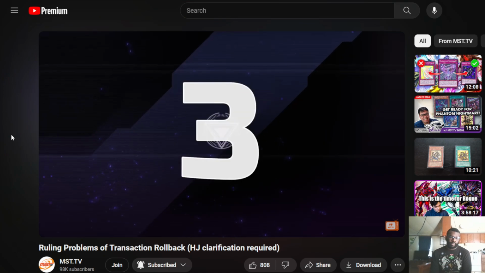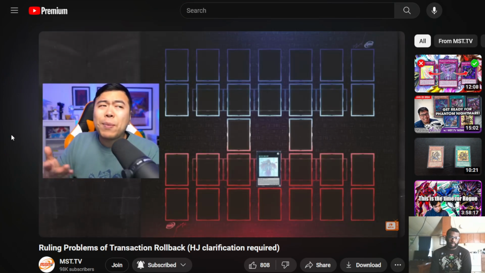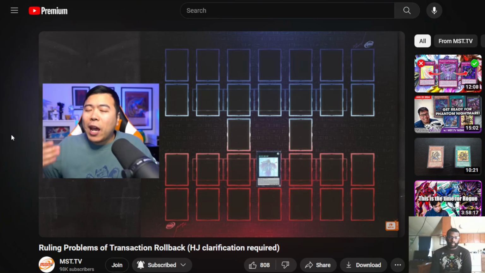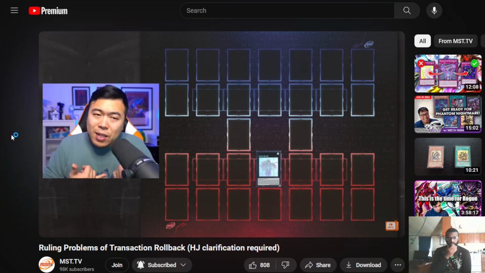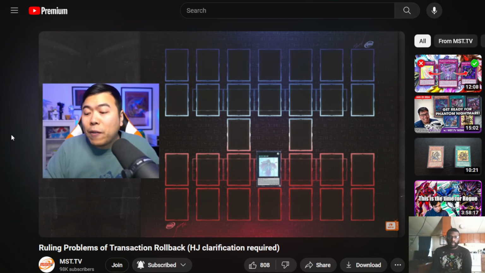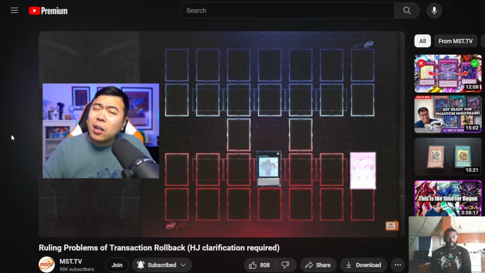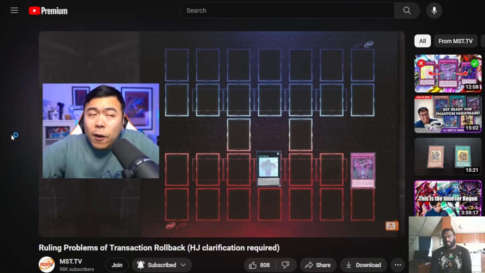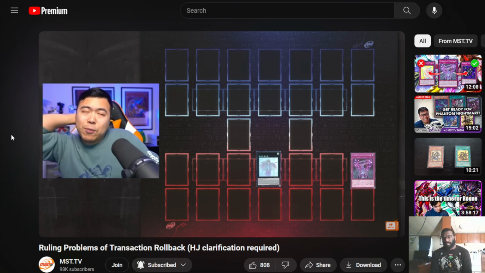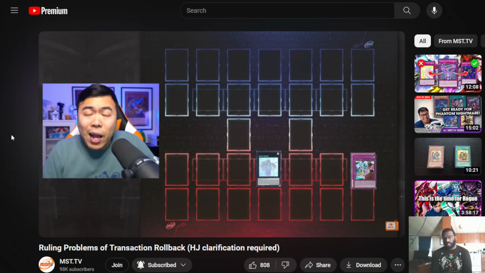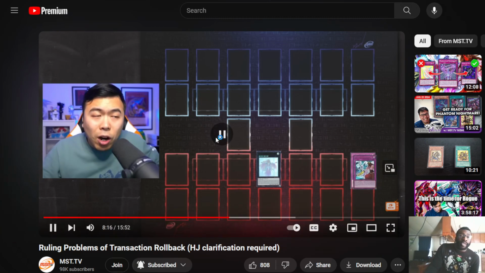Question number 3. This is going to be a basic one, but you're going to see quite a bit of this happen probably during the initial release of Transaction Rollback. So we have a player combining 2 level 6s into an Xyz monster, Beatrice, Lady of the Eternal, and through the first effect, detach, sending the Transaction Rollback into the graveyard. Through the next turn, during the draw phase, they decide to shut down the opponent's turn by throwing in a Ghost Meets Girl, a Masterful Mayakashi Shiranui Saga into the graveyard. If you don't know what that card